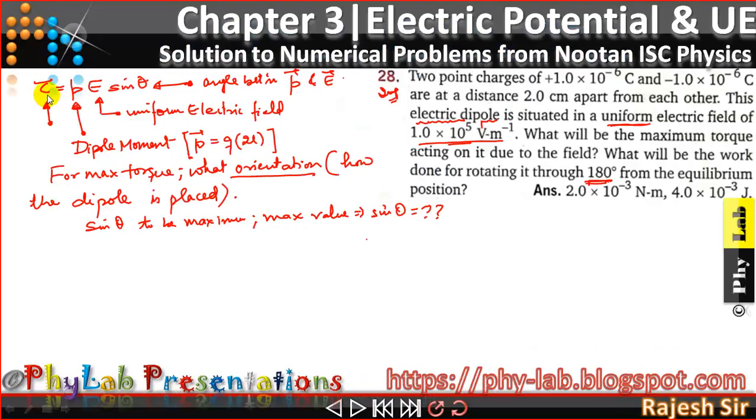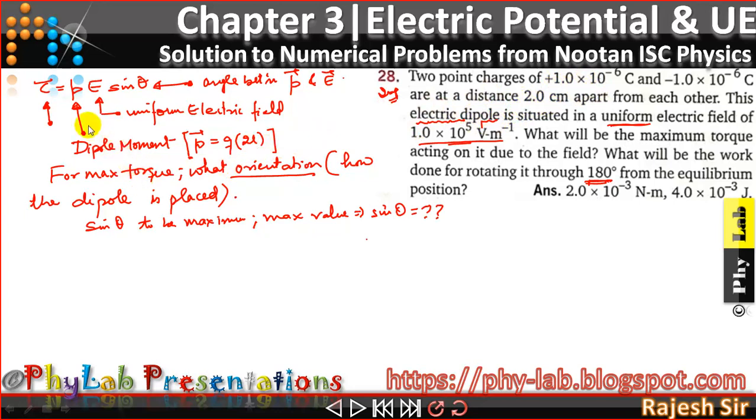Friends, when a dipole is placed in an electric field, it starts experiencing a torque. The magnitude of the torque experienced by the dipole is given by the expression torque is equal to PE sin theta. In this, the symbol P stands for dipole moment, and the dipole moment of any dipole is defined as the product of the magnitude of any of the charges, magnitude, remember, so I can use 1 micro here, and 2L stands for the distance of separation, and in this case the distance of separation has been given as 2 centimeter.